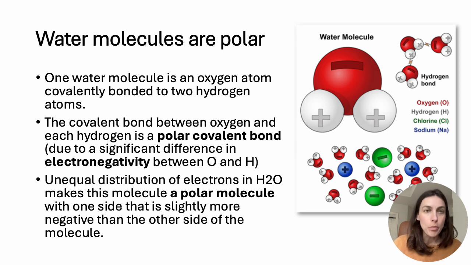Remember that water molecules are considered to be polar molecules. So what does that mean? Well, remember that each water molecule is one oxygen covalently bonded to one hydrogen and then covalently bonded to a second hydrogen. And when we say that the oxygen and the hydrogen are covalently bonded, we mean that some of